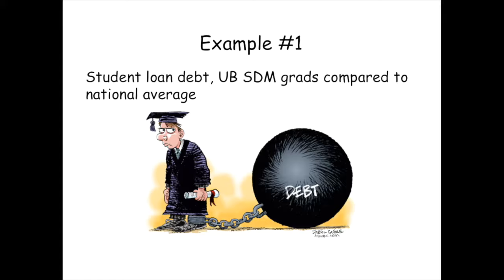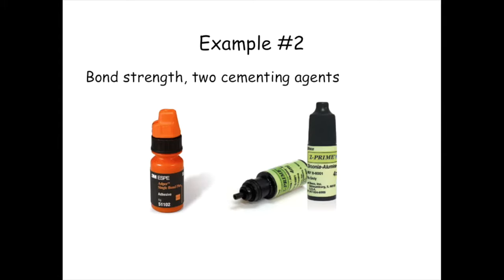Dental Medicine graduates is the same as that of the national average. This involves comparing a sample mean debt of a sample of graduating UB dental students to a known value, the national average. Or suppose a dental researcher wants to know if there is a difference in tensile bond strength between